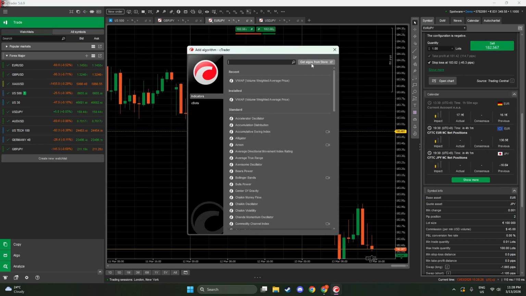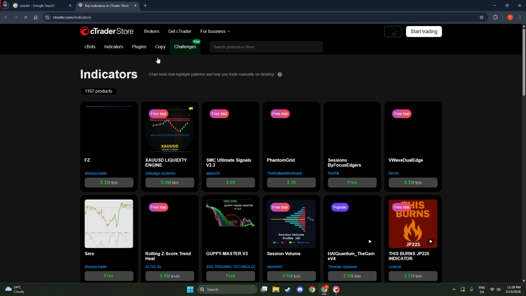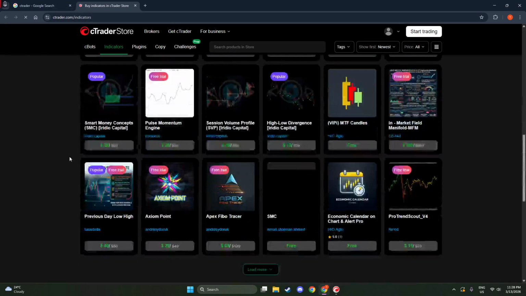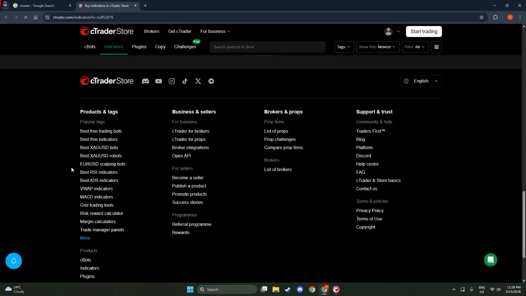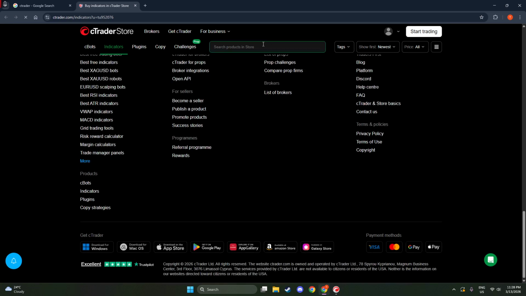In the search bar, type terms like Volume Profile Suite, or Volume Profile Pro. Different developers may package similar tools under these names, and you can check the descriptions to see which one matches your needs. When you find the one you like, click Install or Download. If cTrader prompts you to restart, go ahead and do that so the indicator is fully registered and ready to